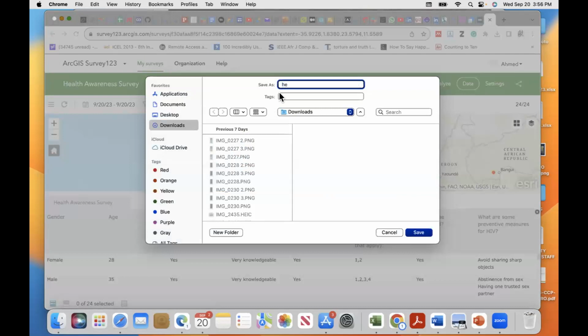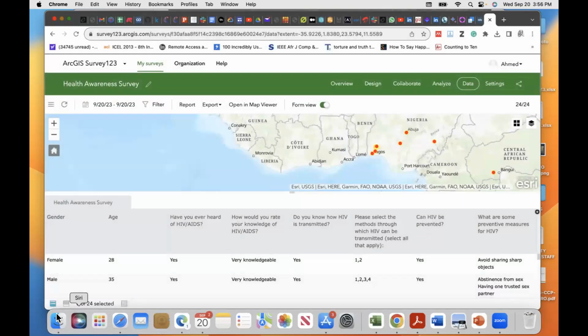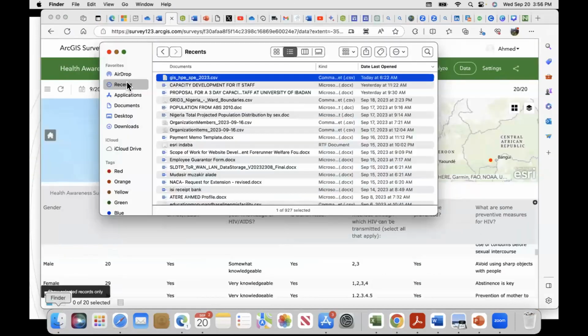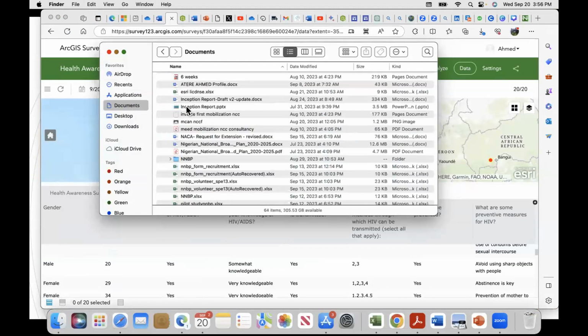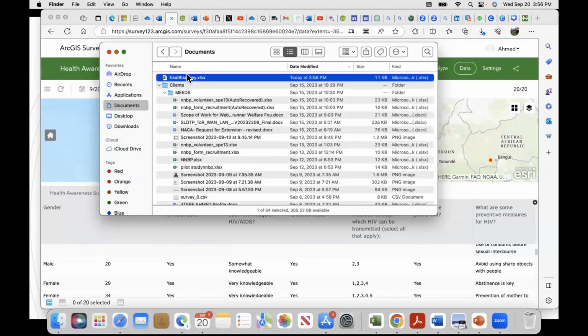Health survey. I can save it to my desktop or my documents as the case may be. So I've got to save it. If I go back to my system, recent files, documents, health survey.